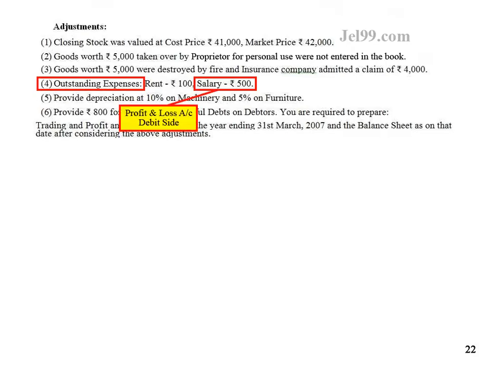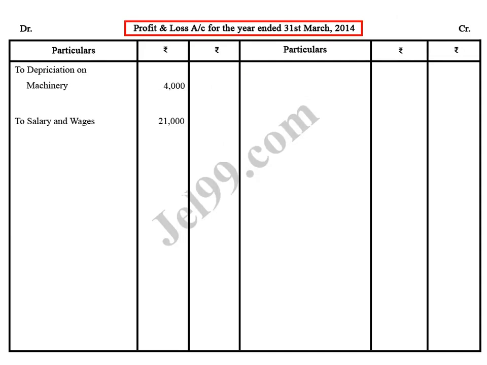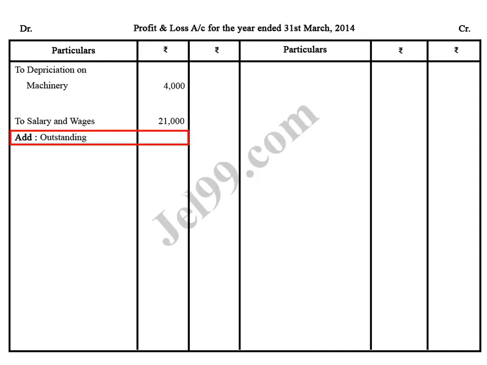First effect is shown in profit and loss account, debit side, and the second effect is shown in balance sheet, liability side. Let's see its first effect. It is shown in profit and loss account, debit side, add to salary, as outstanding of rupees 500, so 21,000 plus 500 is equal to 21,500, because such outstanding salary is an expense of current year, hence it is added to salary and wages, and